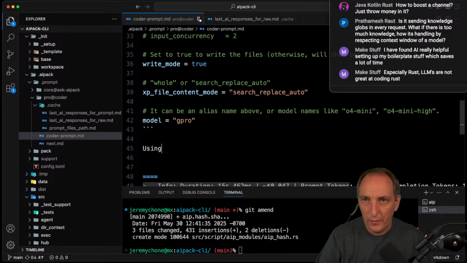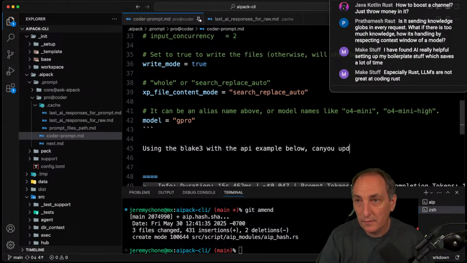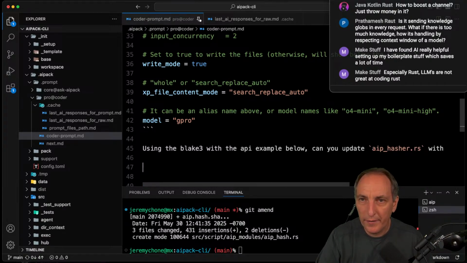So using the Blake 3 API example below, can you update AIP hasher.rs with AIP hasher dot Blake 3